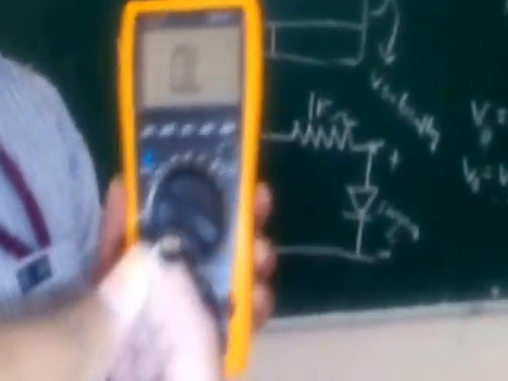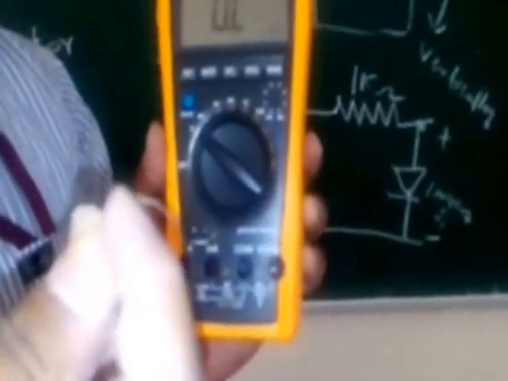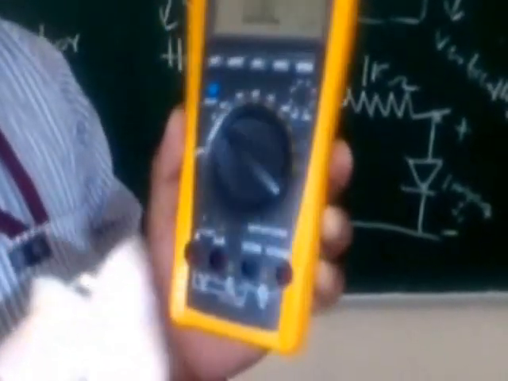I want to measure actually. So it is brown, black, red. That means it is a 1 kilo ohm resistance. A certain tolerance is also available, so plus or minus 5 or 10% we can take.